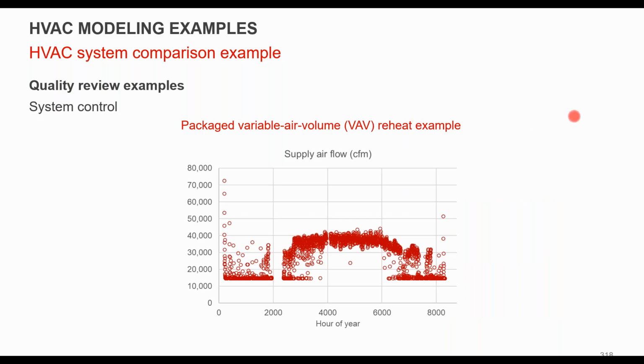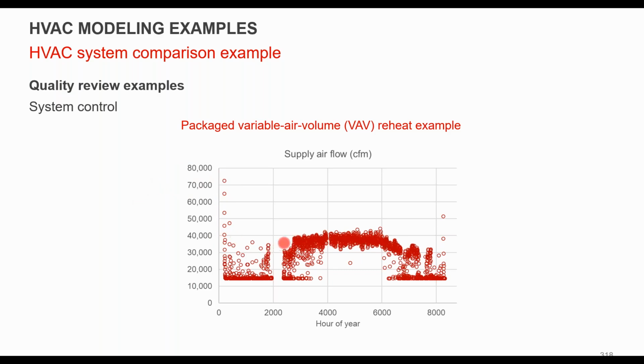So, other things to check. For the VAV one, you might look at how the VAV boxes are actually responding and whether they're going down to their minimum. You see there are a couple of outliers here in heating mode where the system is getting absolutely massive, and you've auto-sized here, so those are kind of unrealistic.